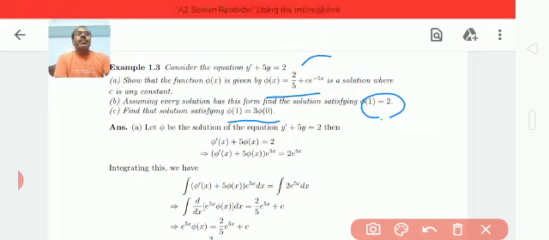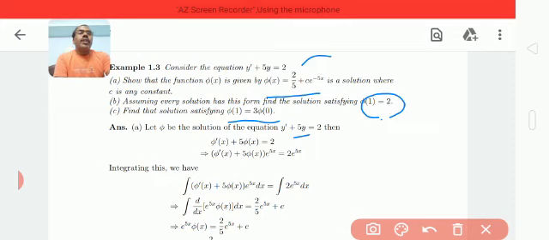So let us see how to show that the given function is a solution of the given differential equation. It is exactly the same as the verification. We have the function phi, which is the solution of y dash plus y is equal to 2. It means the given differential equation is satisfied by phi, so we have phi dash x plus phi x is equal to 2.